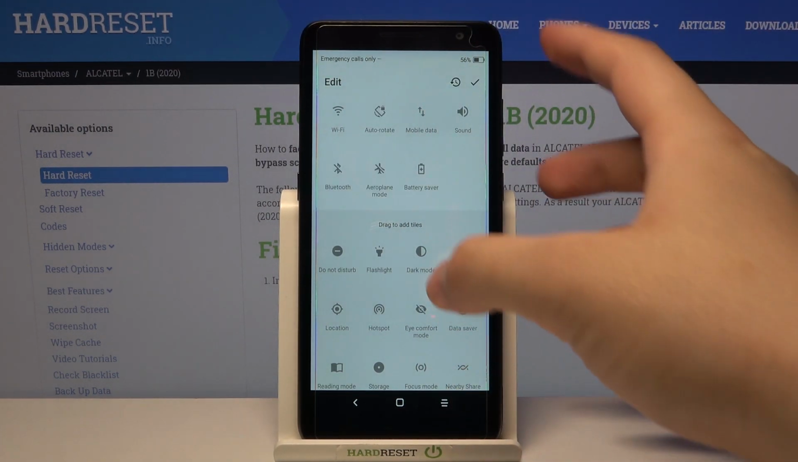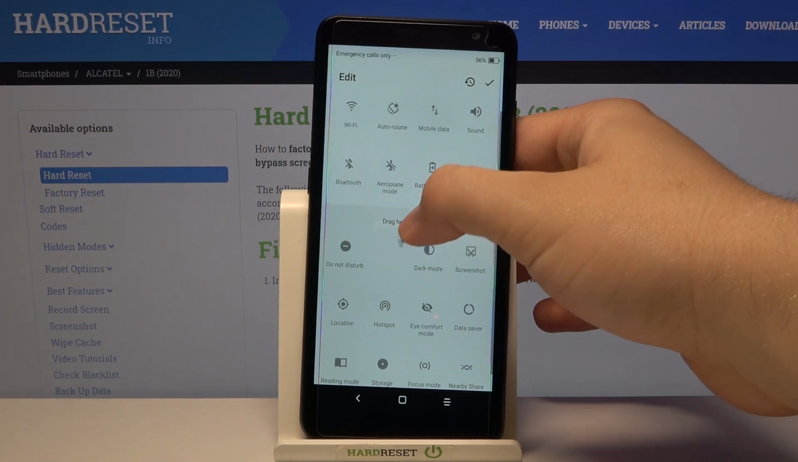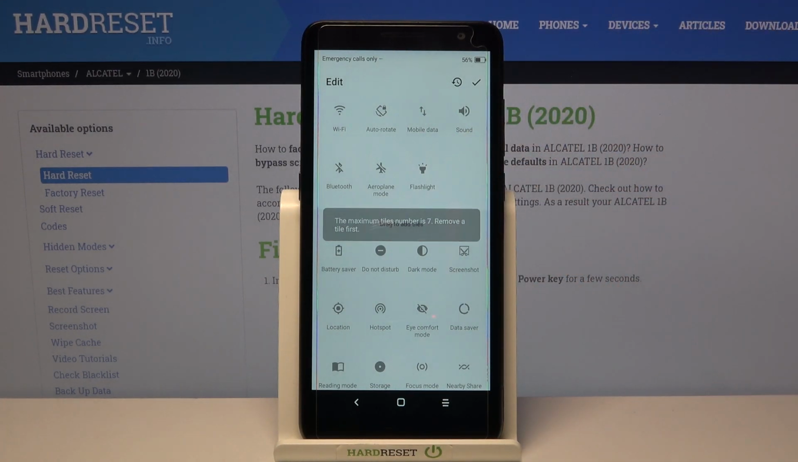If you want to add icons, for example you want to get quick access to the flashlight, just do the same: click, hold and then drag it to the place where you want it. As you can see here, we get a notification that the maximum number of shortcuts on the notification bar,